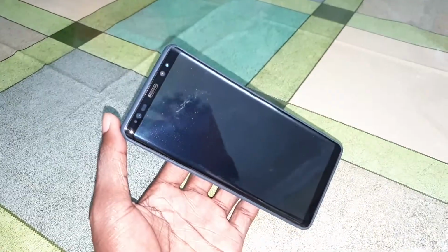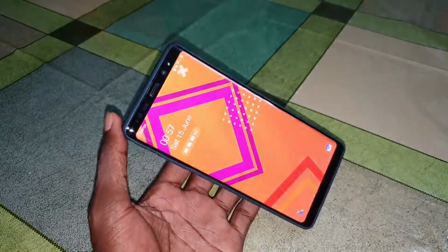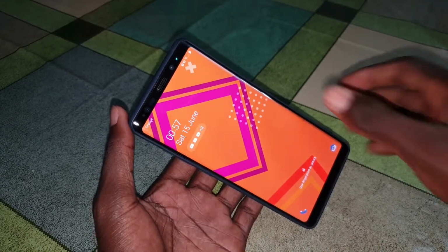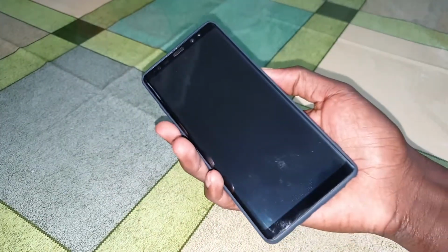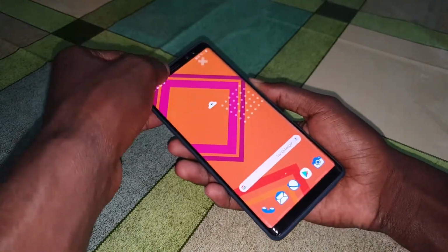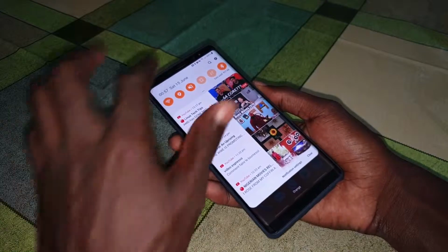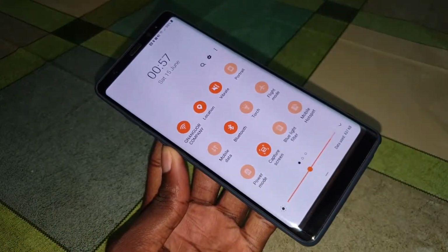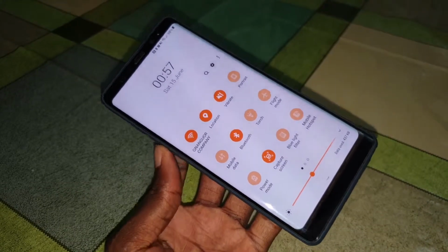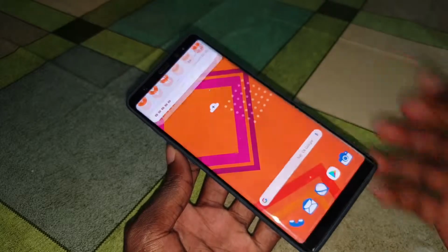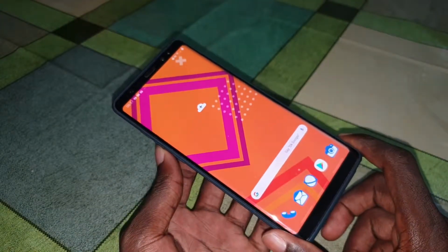With the same method, and this application is also for Android 9 Pie. Wonderful. Yes, as you see, it's so great and so beautiful. This is One UI. You can also install this to all Android OS.